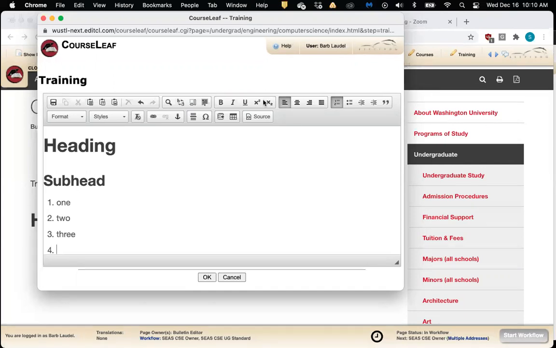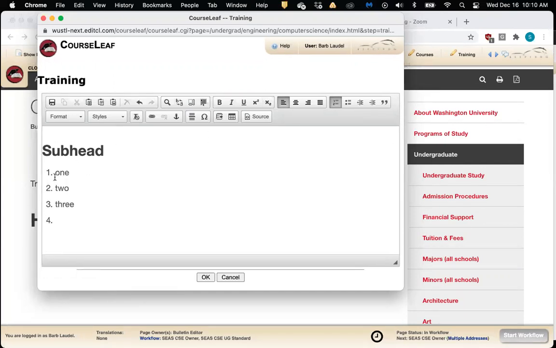So when somebody is reading this information, it will interpret it as 1 of 3, 2 of 3, 3 of 3, and so forth. And it will do something similar with bulleted items. So anytime you have content that lends itself to a numbered list or a bulleted list, we encourage you to use those tools when possible.